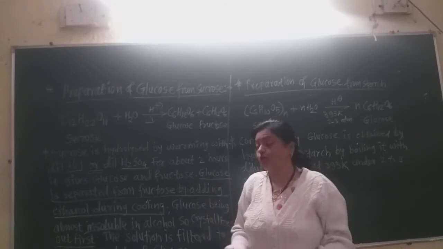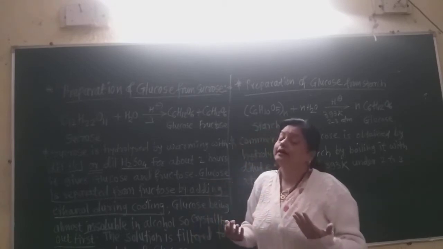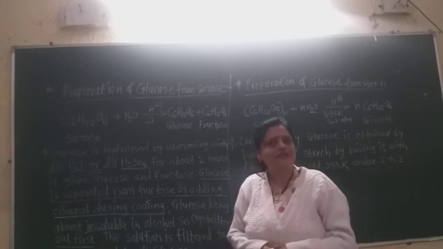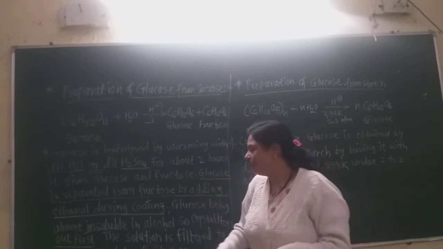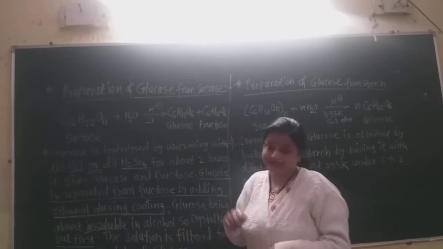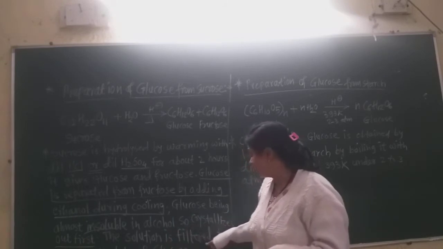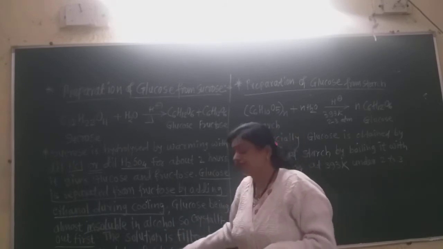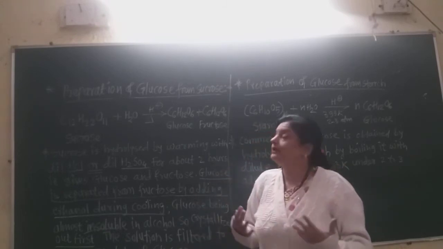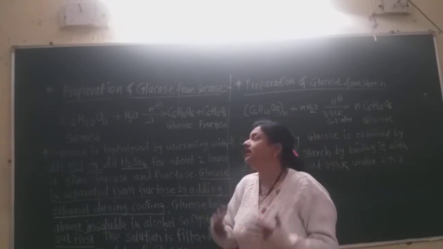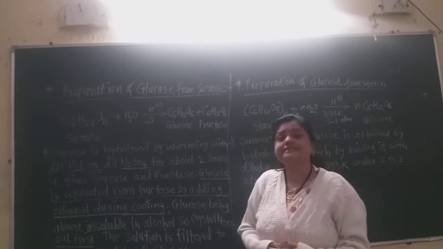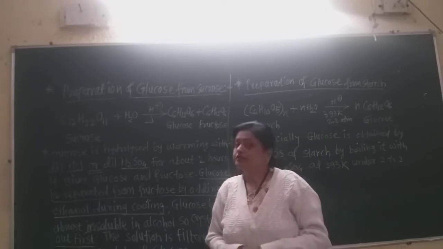Crystals of glucose are obtained by the recrystallization method in ethyl alcohol, because glucose is not soluble in ethanol. It crystallizes out and we can separate the crystals of glucose by filtration. So the solution is filtered to obtain the crystals of glucose. In this way glucose is separated, and glucose is prepared in the laboratory using cane sugar, sucrose, by hydrolysis of the sucrose with a dilute acid such as hydrochloric acid or sulfuric acid.